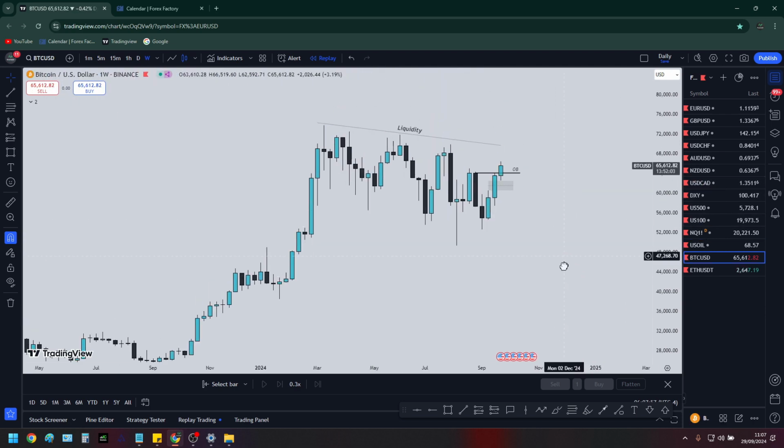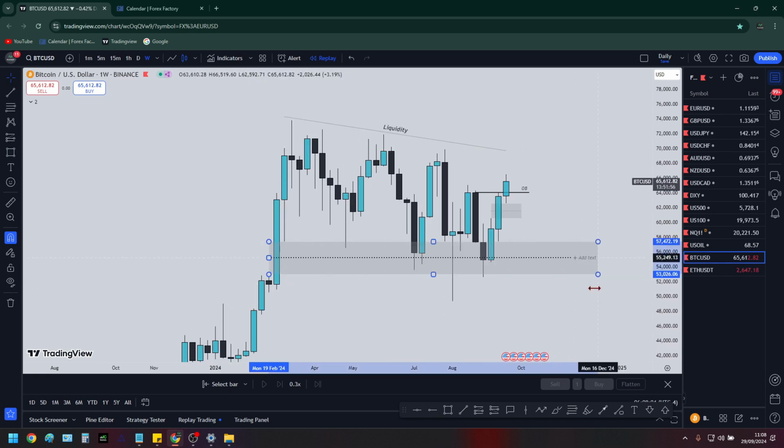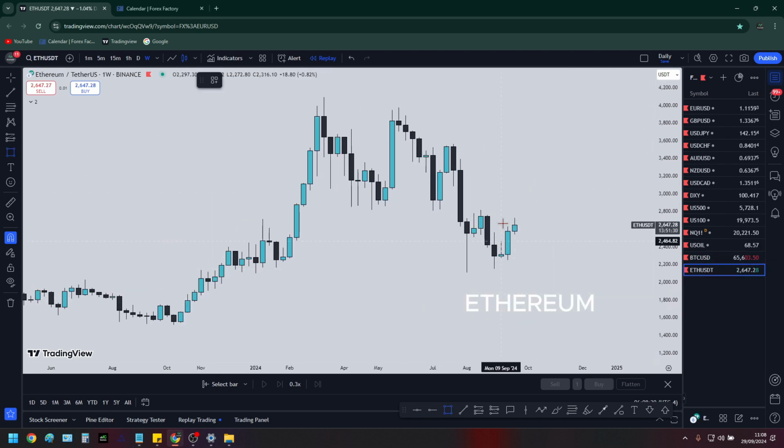So yeah, and Bitcoin, because I thought I should add at least one crypto to the fold, respecting this 50%, this midpoint of this fair value gap, an order block formed. So bullish price action from this fair value gap where it says liquidity. That's my target. That's where I think we'll go next. So I'm bullish on Bitcoin and Ethereum. It's pretty much the same thing. Yeah, we're reacting from this fair value gap.